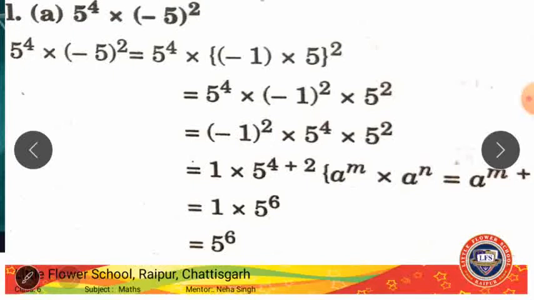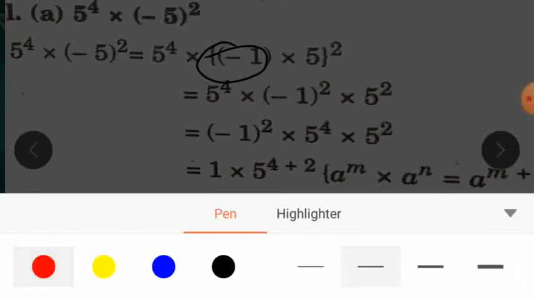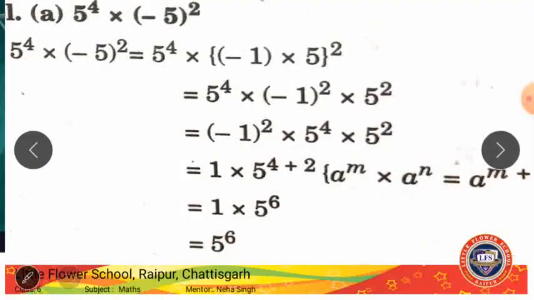Minus 5 power 4 into minus 5 power square. Again this minus will be separated, right? 5 power 4 will be as it is, 5 power square, the minus will be separated. This will be solved as we were solving the previous questions. Now here minus 1 power is even, right? So this answer will have a positive sign, or plus 1, and this number is now 5 power 4 into